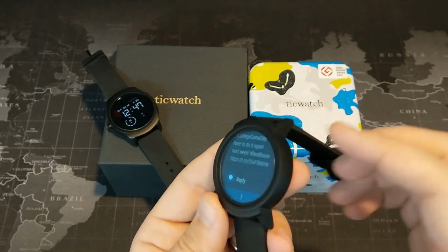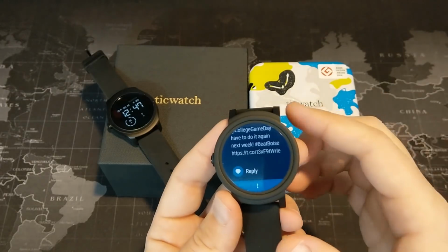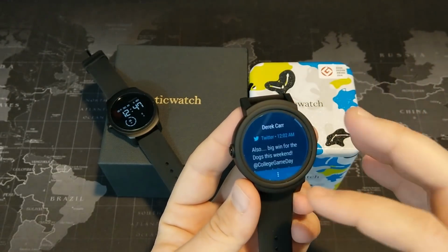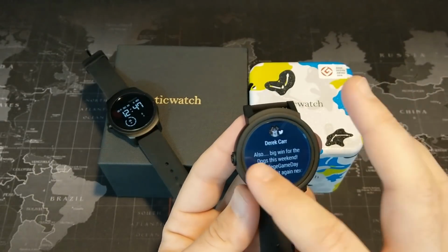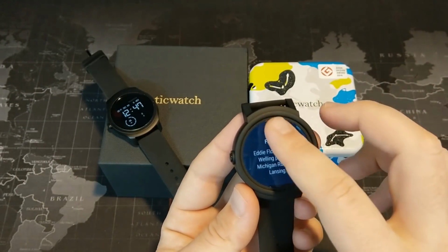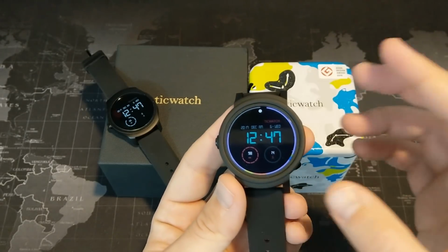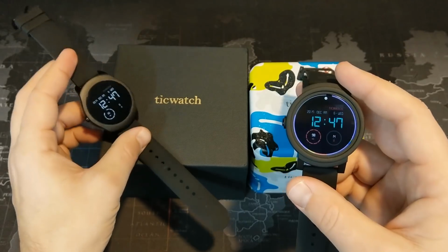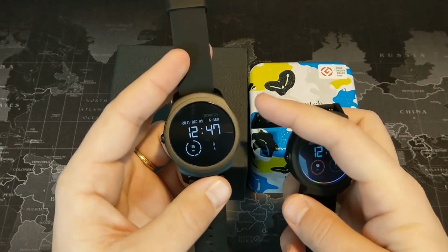Now this does have a microphone built in, as does the Ticwatch 2. They both have speakers built in, so if you want to speak out your reply, that is available, so that's awesome. And you'll notice that both of them have a swipe to the right to dismiss it. So that is nice, but Android Wear definitely has more options. I just prefer the operating system of